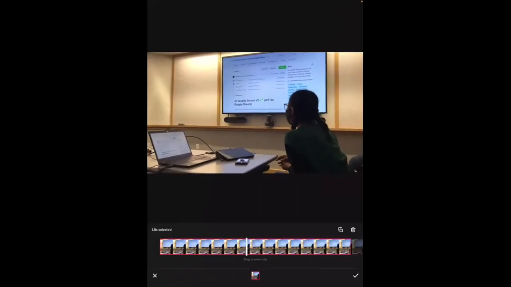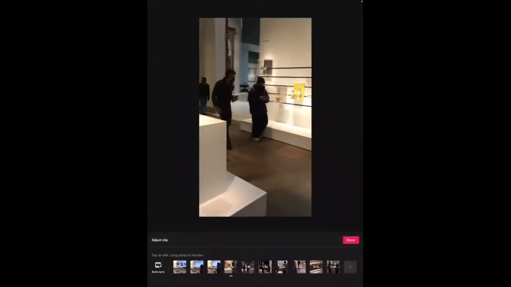And I can adjust it. Let's say like I want to show. It's a little bit like Google Drive. I can take different clips out. I can also